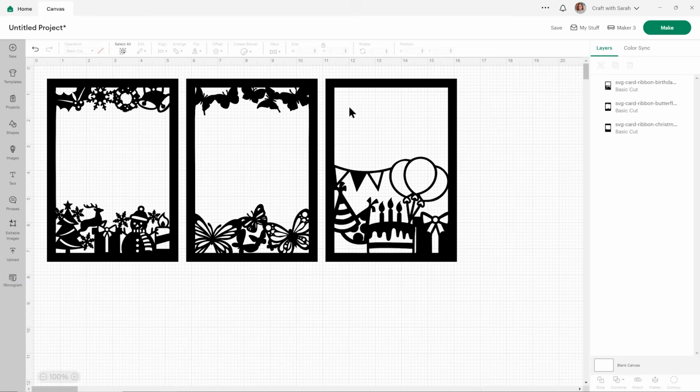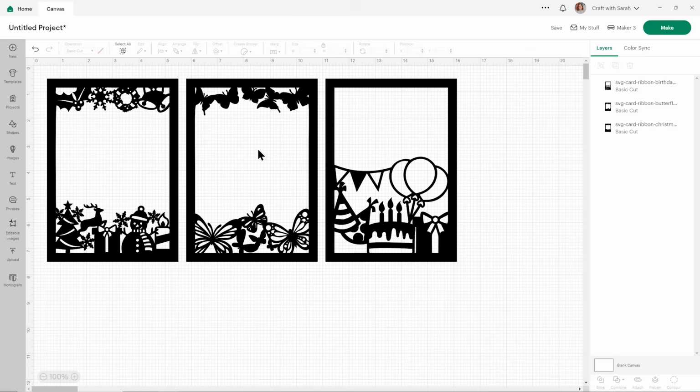I've created the templates without the lines that separate the words, and I'll show you how to add your own in. And the reason for that was I didn't know how many lines of words you might want. You might be doing something simple with just maybe happy birthday, or you might want to put quite a lot on there, in which case you'd need to break it up into more of the different ribbons.